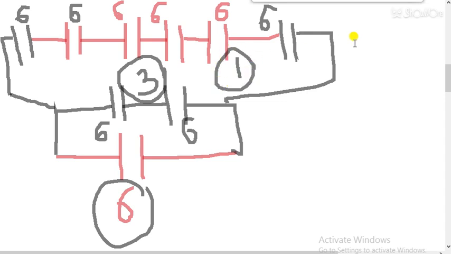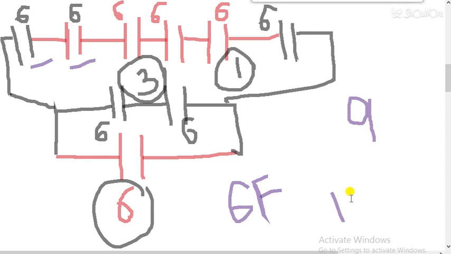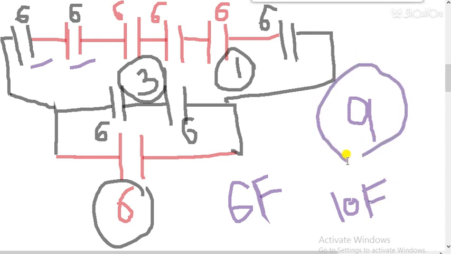So this is the minimum number of capacitors required, and that answer comes out to be 6 capacitors here, 2 capacitors here, 6 and 2 is 8. So the minimum number of capacitors of 6 farad required to get 10 farad is 9. Students, as you do some questions, you will get the concept of going from 6 to 3. So these are some methods. I will explain one more question, then you will understand.